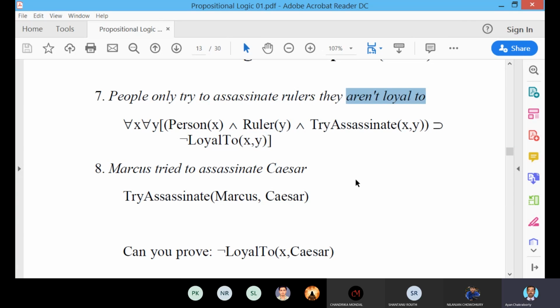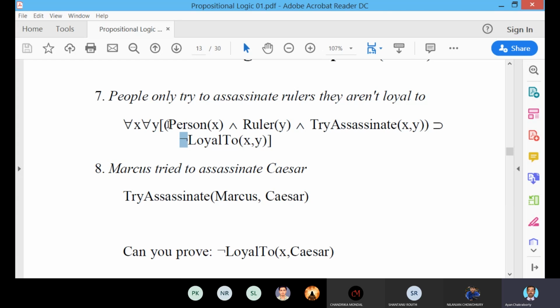So we have introduced the not connective here. You can see loyal to(x, y), then not, that means not loyal to(x, y): x is not loyal to y.